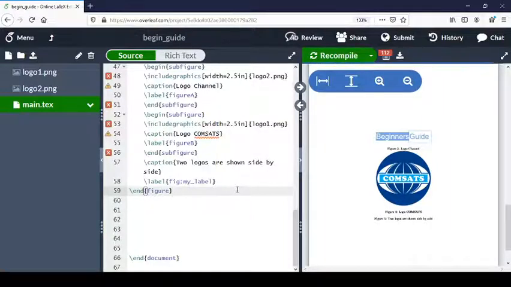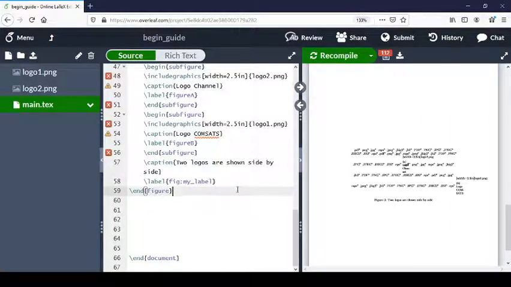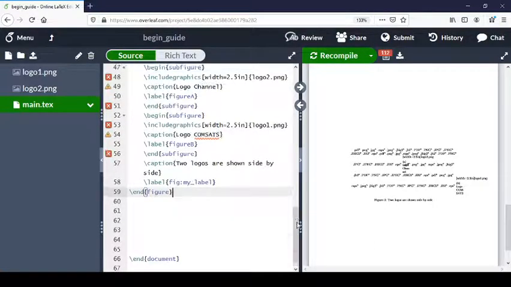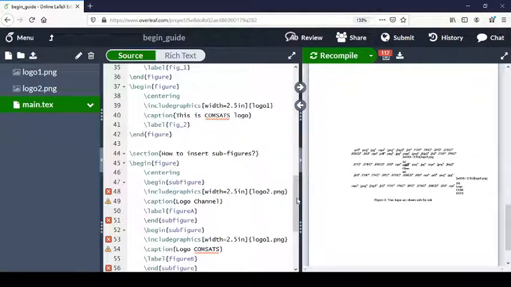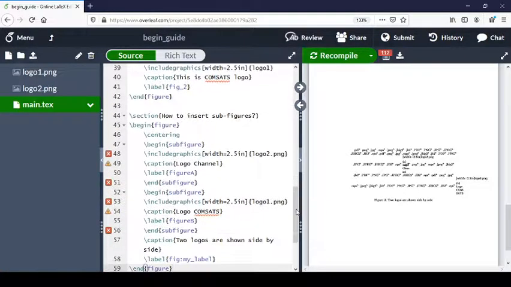So now it compiles the file, but we do not see any figure here, but rather some kind of weird output with multiple PNG, PDF, JPEG and so on. The idea is that for each subfigure we need to specify the width of the figure, and that is what we can do right in the beginning of the subfigure environment, where we say begin